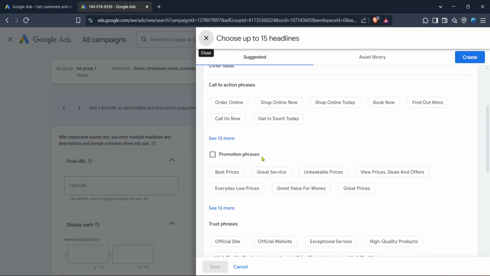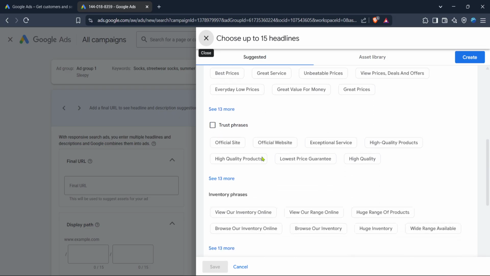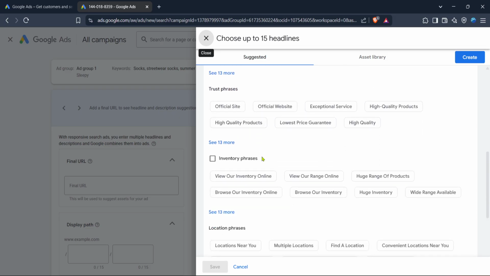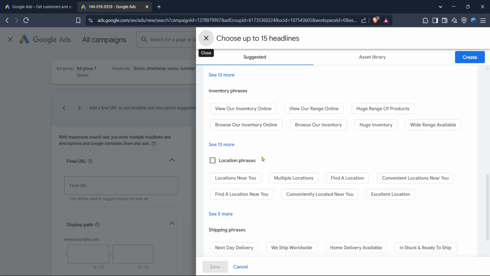Remember, improving ad strength is an ongoing process. Regularly reviewing and updating your ads based on the latest performance data will help you stay ahead of the competition and drive better results. Well, there you have it. By following these straightforward steps, you're on your way to enhancing your Google Ads campaigns, increasing your click-through rate, and